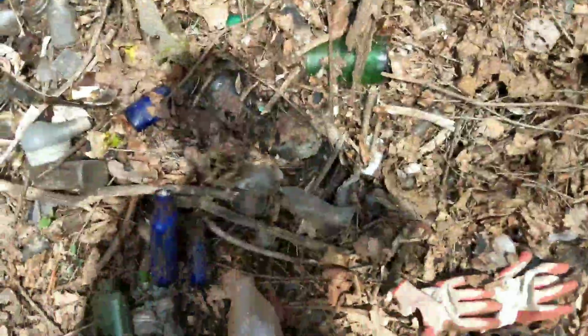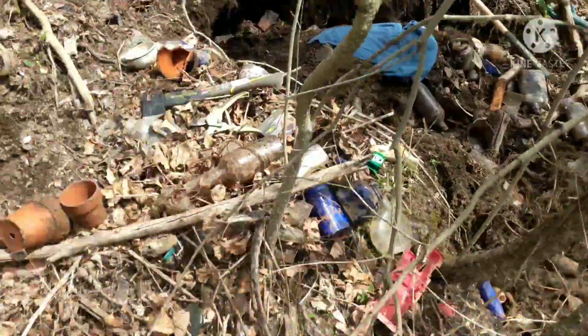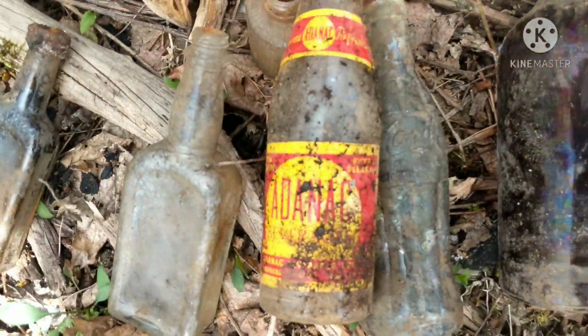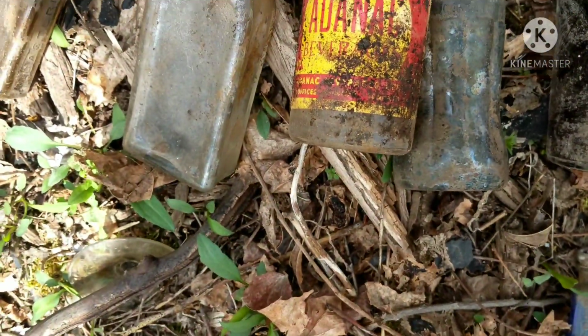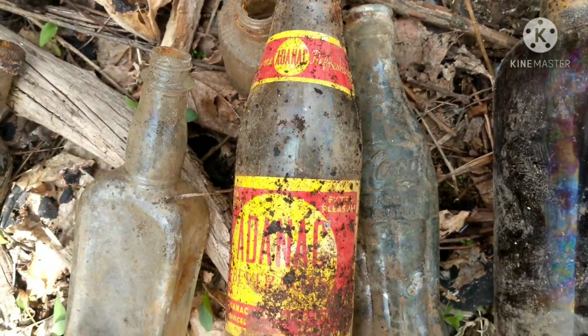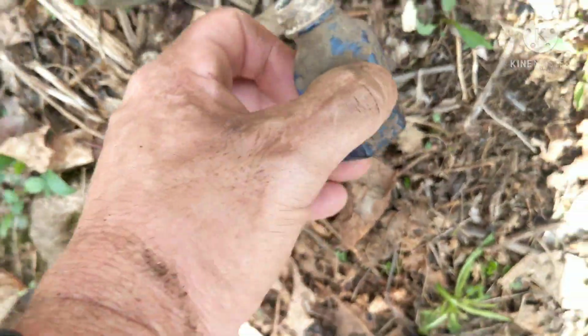Alright. Okay guys, I'm back. I dug for about another half an hour. Got another couple feet into that hole. Got another marble. I got this cool Adnac Beverages. ACL is really sharp, so I'll be keeping that. And this one's cool. I've never found one of these. It's melted, but it's a nice